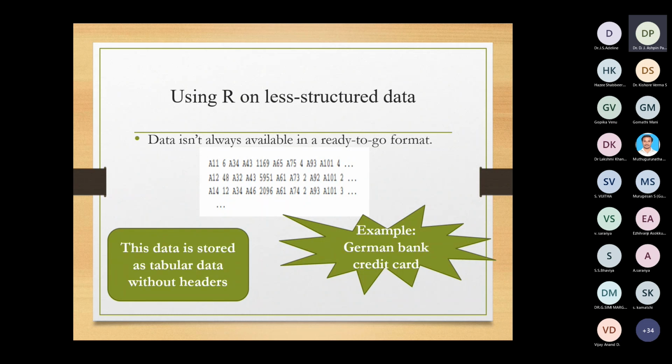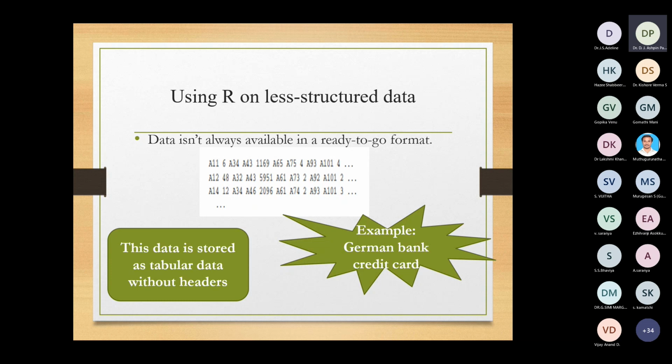So you have to include them and make it sensible and meaningful. These A11, A12 are nothing but cryptic A codes, and the details will be in the documentation. If a data set is there, documentation will be there, and there you can see the meaning of this data.